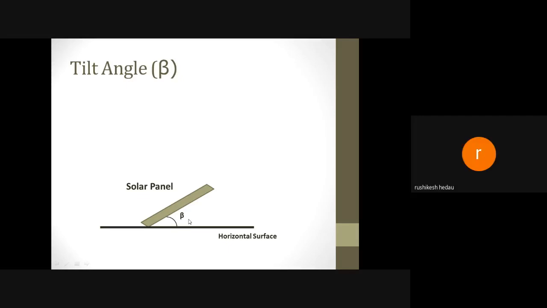Sir, it is the angle between the inclined plane and its projection on the horizontal surface of the earth. Exactly. Very good. It is nothing but the angle between inclined plane under consideration and its projection on the horizontal plane of the earth. So that angle is nothing but tilt angle, and it is denoted by symbol beta. And it is one of the most important angles which plays an important role to define the physical placement of your solar devices with respect to earth surface. कि उसे किस पर्टिकुलर एंगल पे माउंट करना है, that we need to define with the help of this angle.